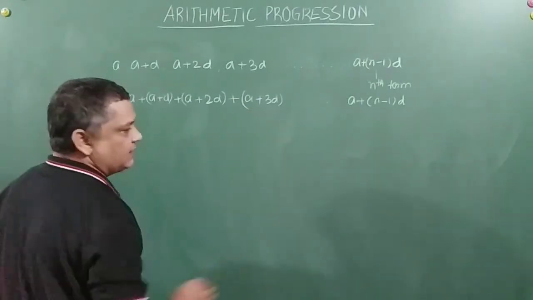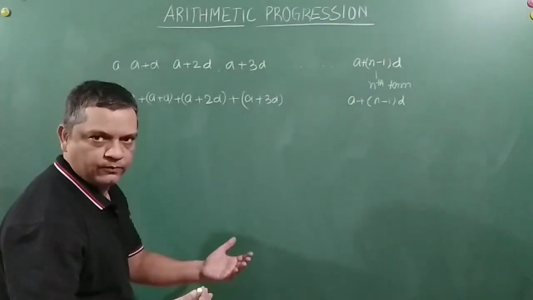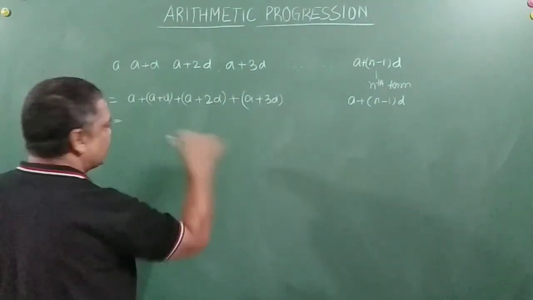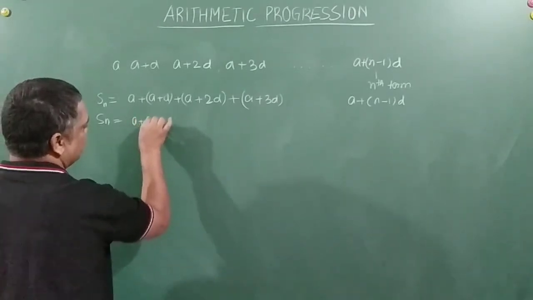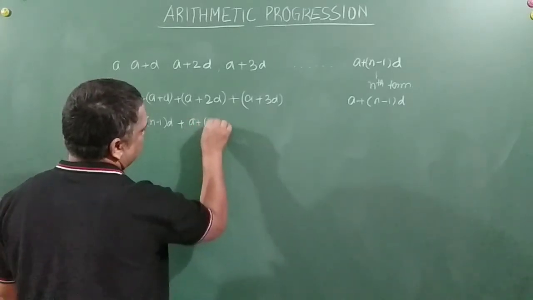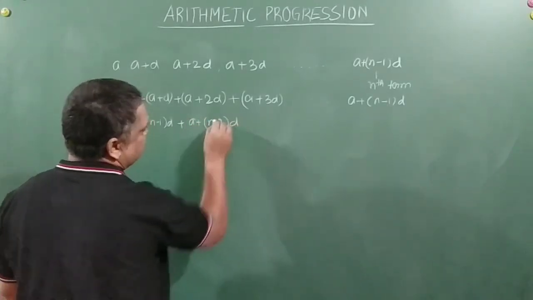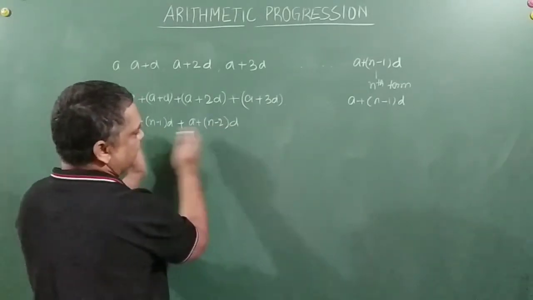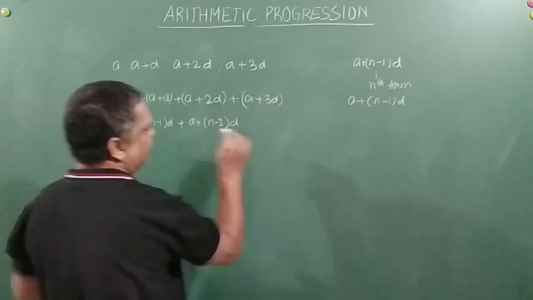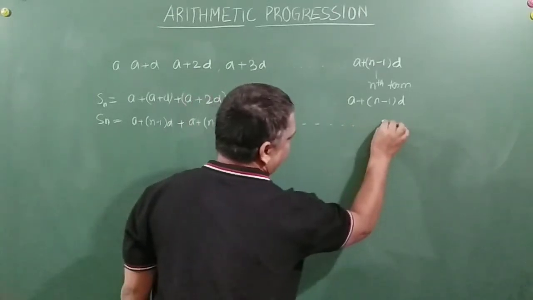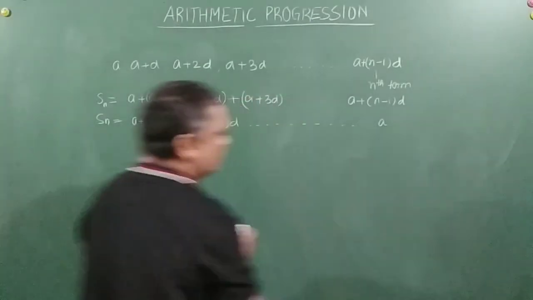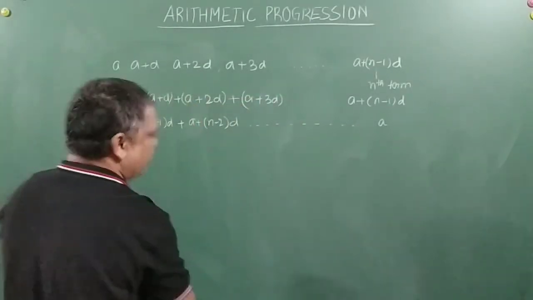Now the same expression, if we reverse it, should also be true, right? So S of n can be written as, I will write the last term first, a plus (n minus 1) into d, plus a plus (n minus 2) into d. See, this will keep on reducing, right? So what we have done is that we took an increasing order arithmetic progression before. Now we are decreasing it, and so on and so forth, finally resting at a. Now what happens, friends, if we add the two, right?